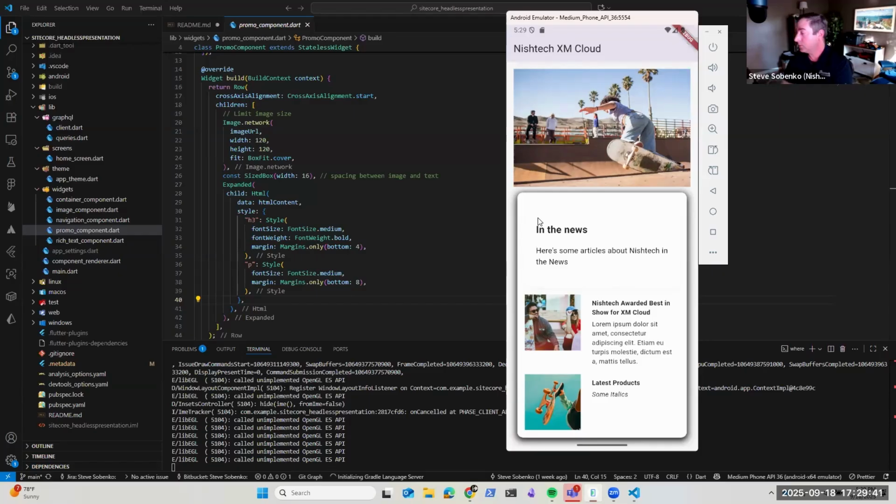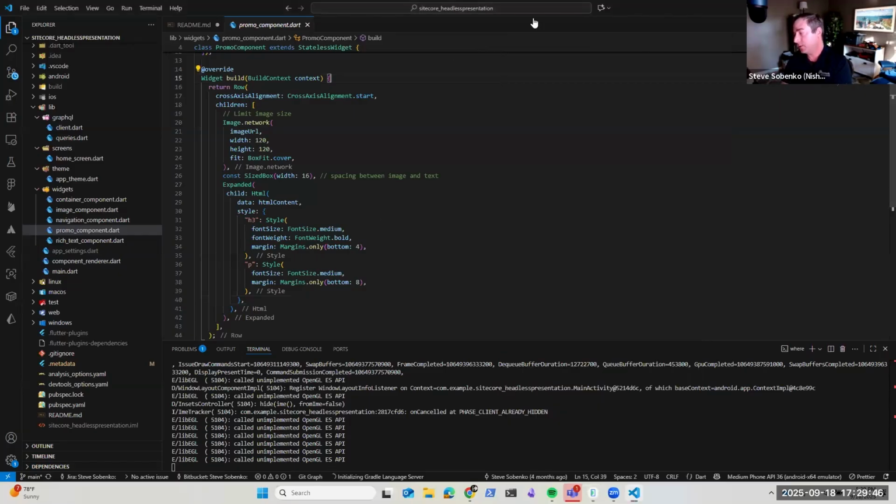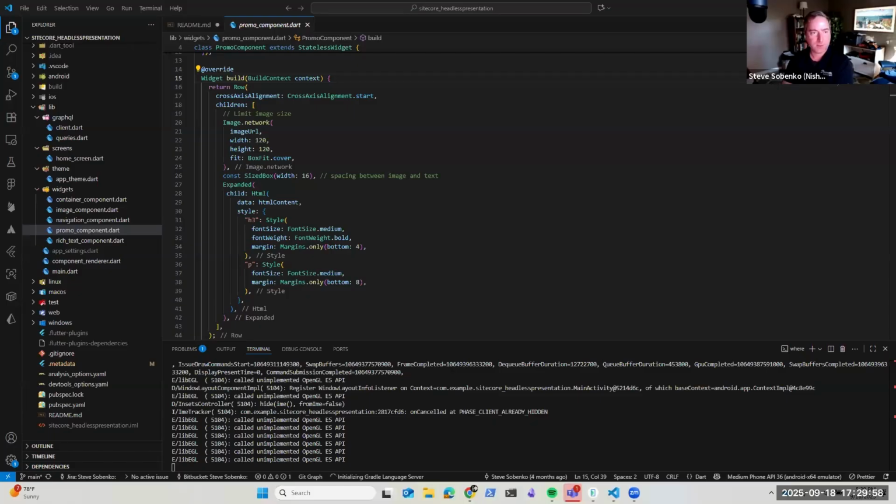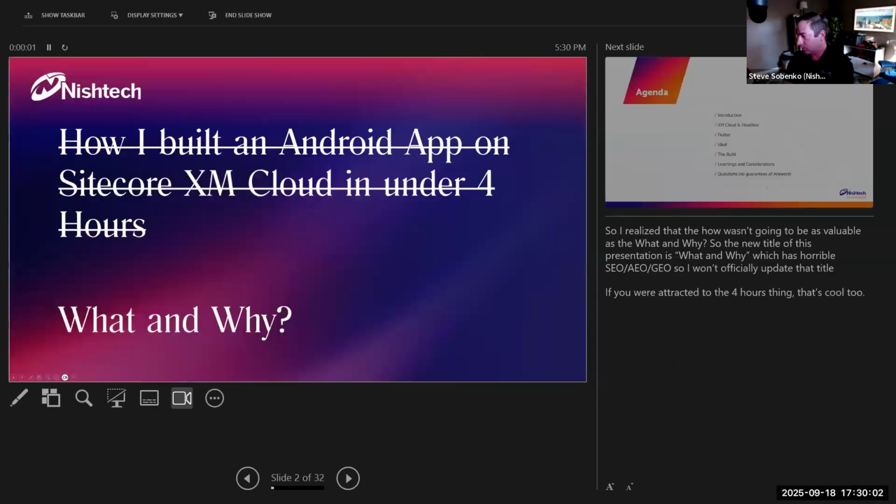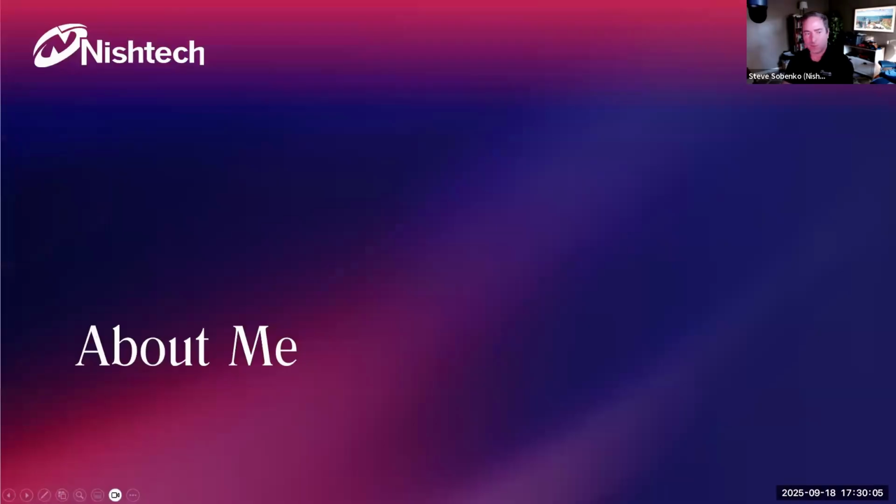So that's cool. But now what? I'm going to hop out of the code because I'm kind of done with the code. Go back to... I still want to share that screen, but I want to display settings, swap.